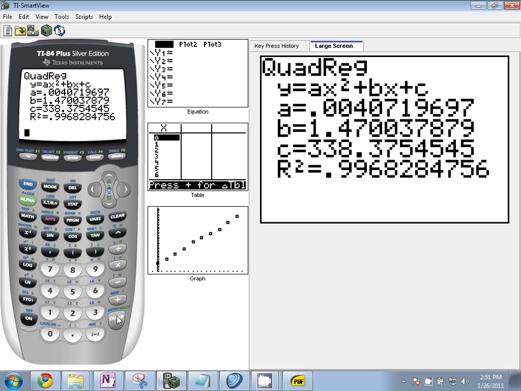Sinusoidal regression does not generate an R² value, and we'll talk about that later. But just so you know, if you do sinreg, it won't give you an R² value. So getting back to real life situations here,